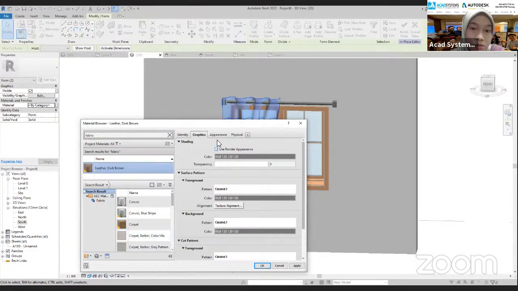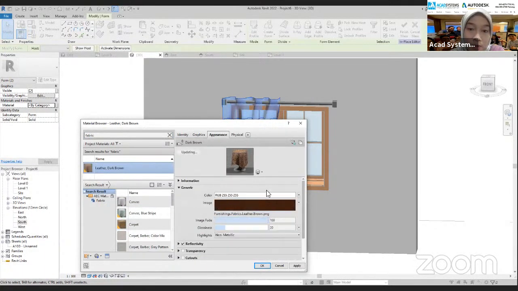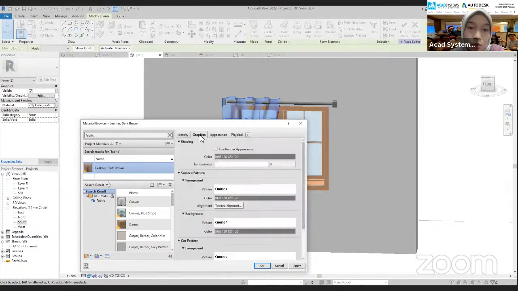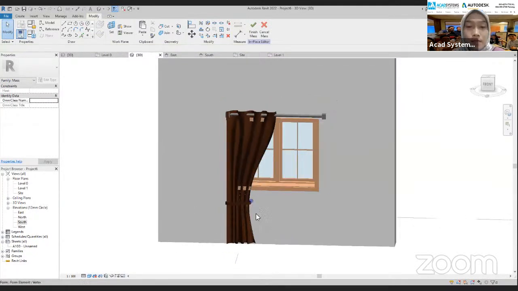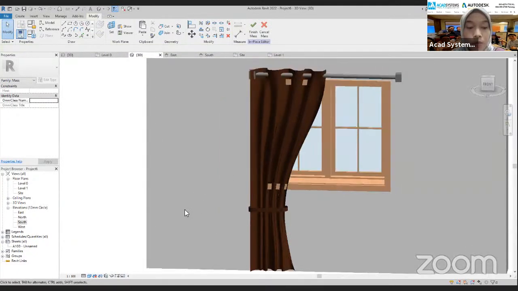All right, so on the appearance, it will appear like this color. On the graphics, make sure that you tick this use render appearance. And then apply, click on OK. All right, so yep, that is how we can create our